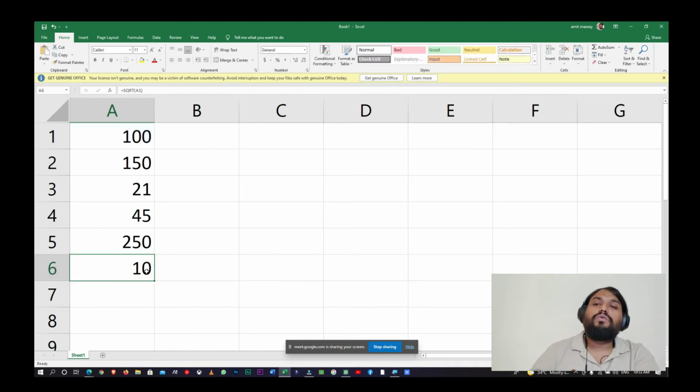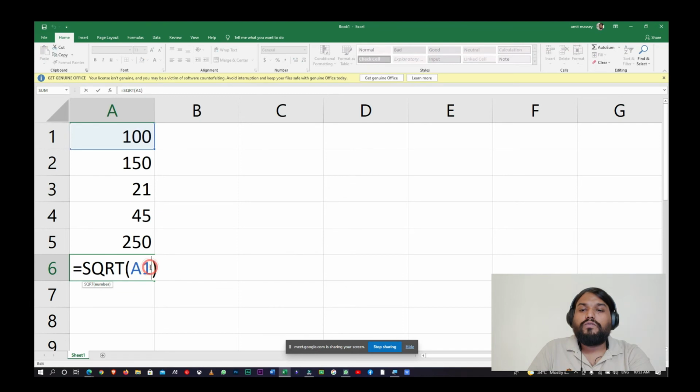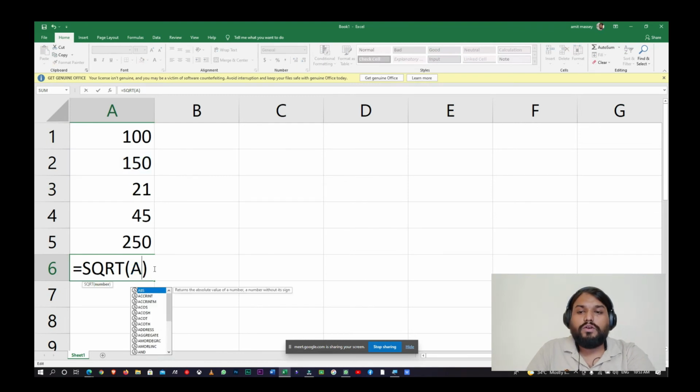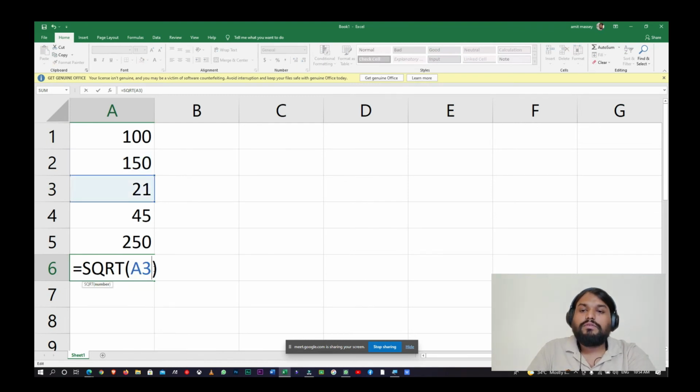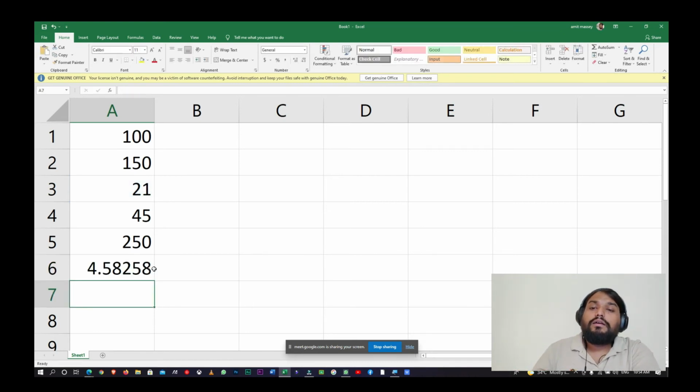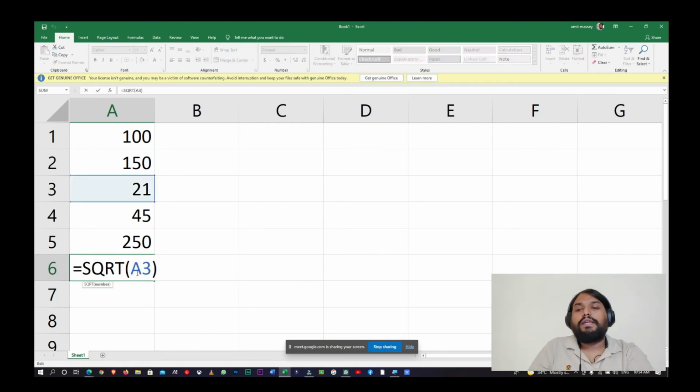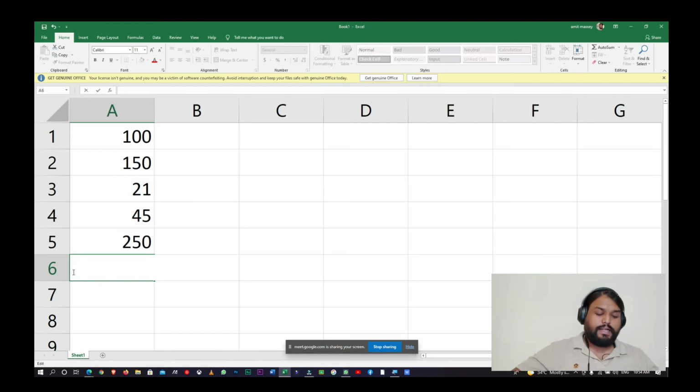So the square root of 100 is 10. In the same manner, the square root of 150 is 12.2474. If you want the square root of 21, you just have to give the address of that particular cell and press enter. You will get the square root of that particular cell or data.